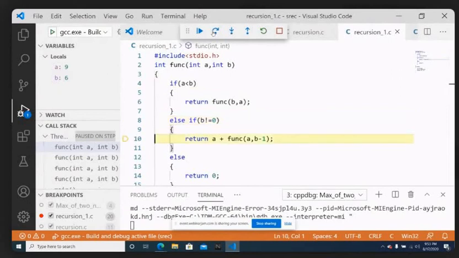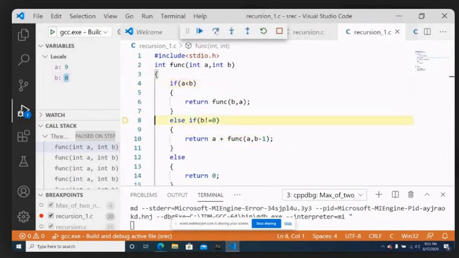Again you go to else if, condition true, enter, make a recursive call 9 comma 5. Again else if, 9 comma 4. Else if, again 9 comma 3. Else if, enter, 9 comma 2. Go to else if, enter inside, again 9 comma 1, because in the recursive call you are decrementing the value of B. A remains the same, that's why B is getting decremented every time. Again you go inside, B value decremented, now your B becomes 0.